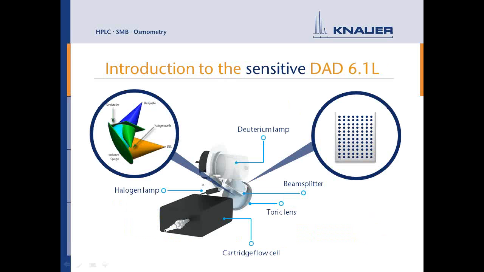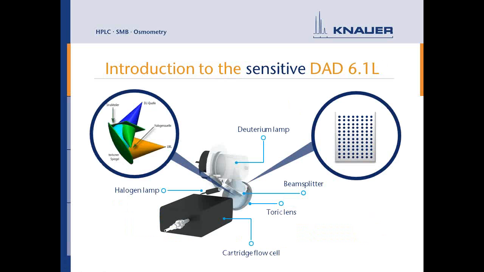Now let's come to the sensitivity of this device. I mentioned that we had changed the optical bench of this device, and here is just a schematic view of what the insides of the detector looks like. The most important point here is that we are blending the two sources of light. So we're blending the light from the D2 lamp and from the halogen lamp through a so-called polka dot design,